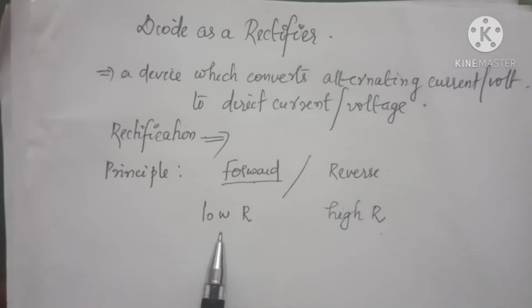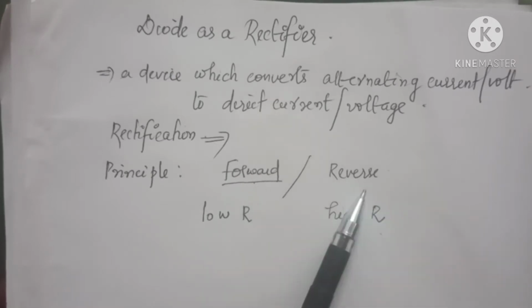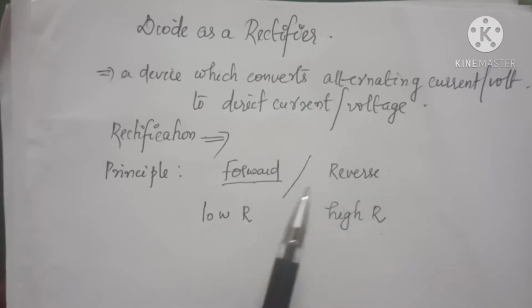That means a junction diode conducts current when it is in forward bias and it does not conduct when it is in reverse bias. And actually this feature of the junction diode enables it to be used as a rectifier. Understood? That is, in forward bias it allows the flow of current. In reverse bias it does not conduct current, and this is the principle used for working a diode in the form of a rectifier. Clear? Now there are two ways of using a diode as a rectifier.